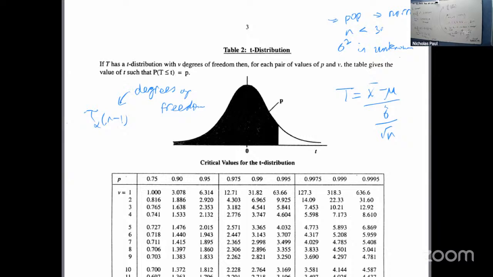All right, I'm going to write in red now. So suppose I gave you an example. I say, well, here's what. Find the probability of t less than